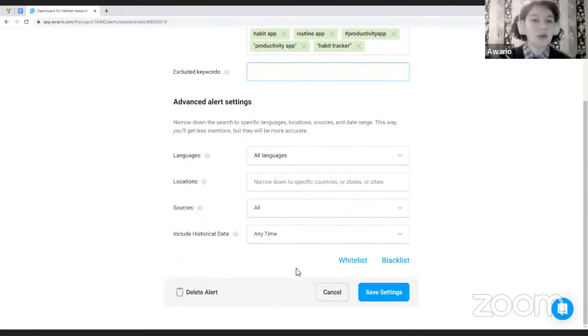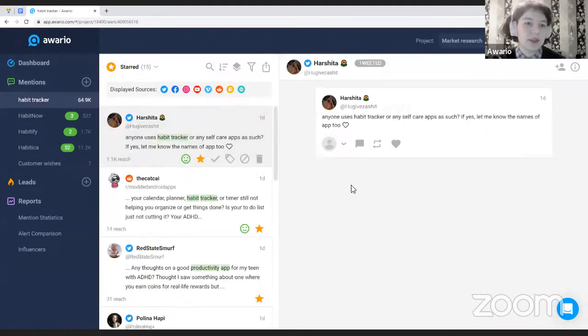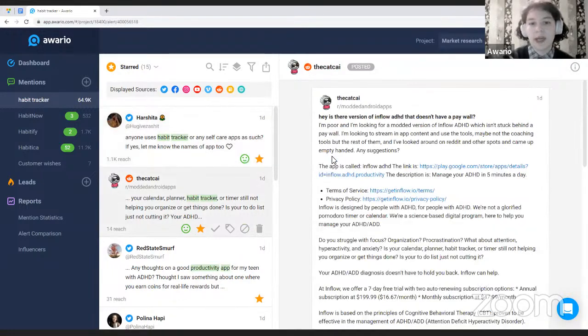So we already saw the place you can get some ideas for your product, or some ideas for marketing your product. For example, when you showed us mentions and pointed out that there were some mentions of habit trackers for people with ADHD, we can assume that it's kind of an untapped market, and we could market this app for people with ADHD, ADD primarily, and that would be a unique spin on this product.